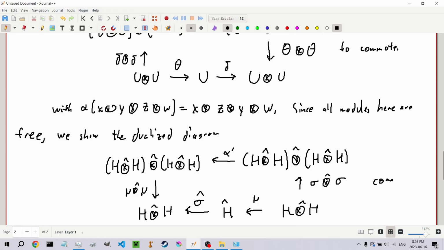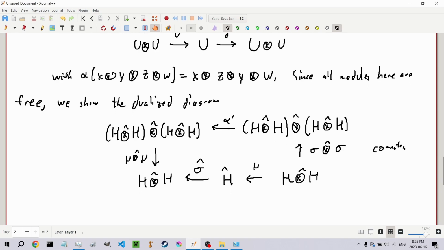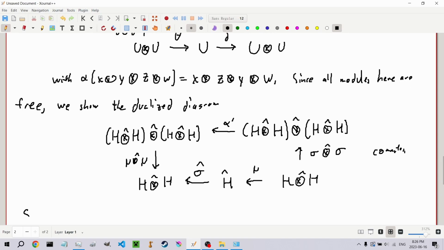Need this to commute. Now, since all maps here are continuous with respect to the relevant topologies, we check